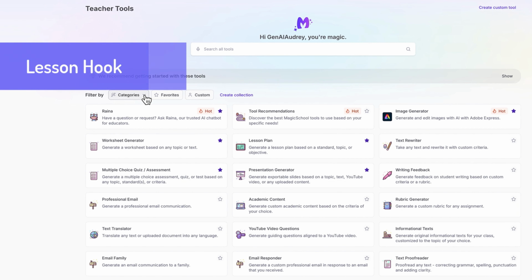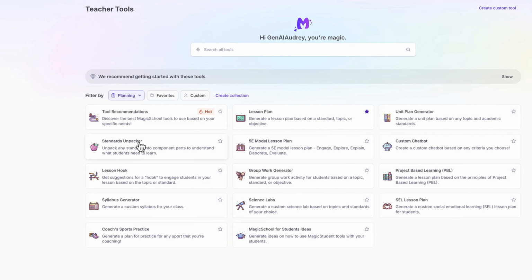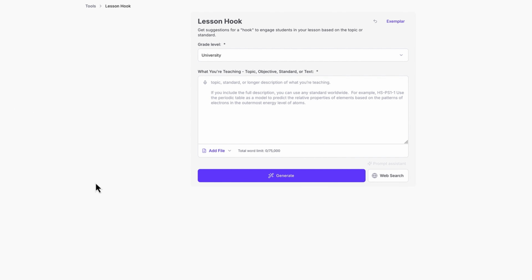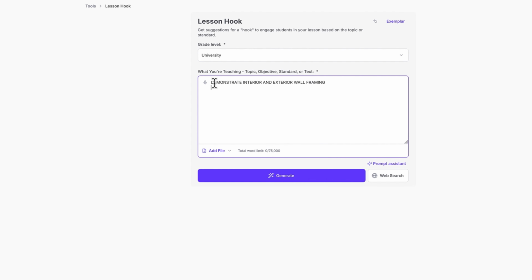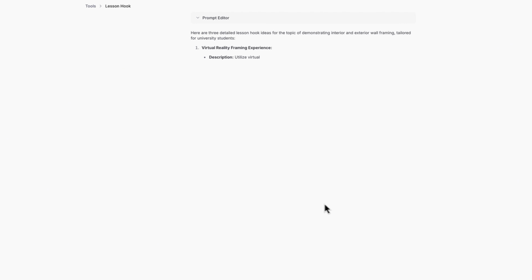So let's begin the first section here, lesson hook. This is a planning activity. Do this before you're in class. So of course I select the university level. It knows me now. And I'm going to just copy and paste in a standard of demonstrate interior and exterior